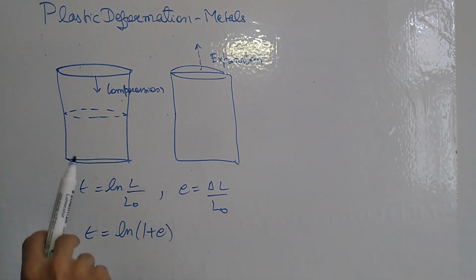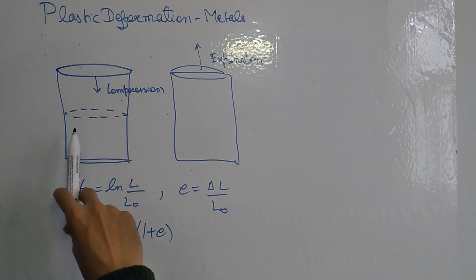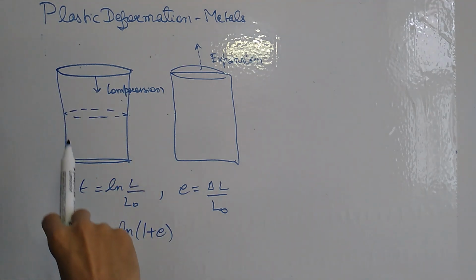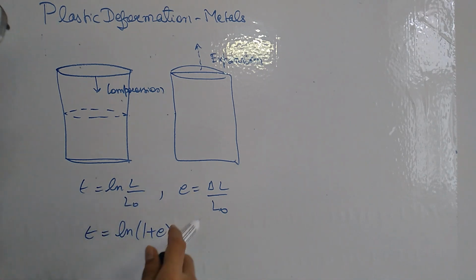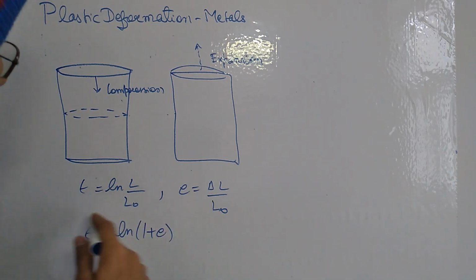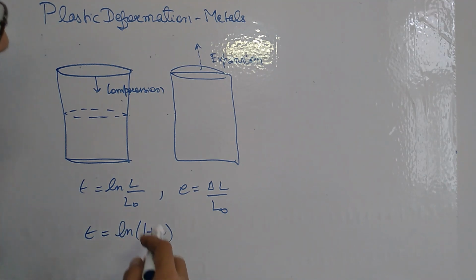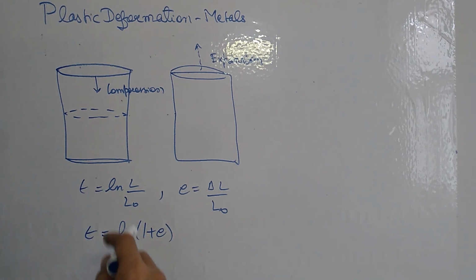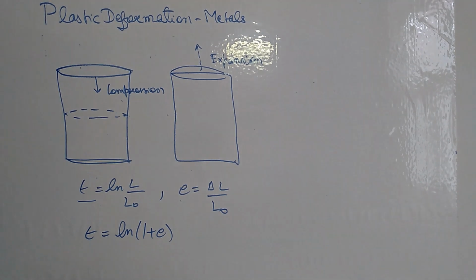So let us consider the case in which there is large plastic deformation. Suppose there is a cylinder which is compressed to half its original length. If we compute the engineering strain, we will find this will be infinite. But if you take true strain, this will give us a finite value. So in these situations, we obviously determine that true strain is more beneficial. And also true strain is additive. Suppose you carry out deformation in a series of steps. You will find that the engineering strain will not be equal to the addition of the individual steps, whereas true strain will follow this property. So in cases where large plastic deformations are involved, we will always prefer the use of true strain.